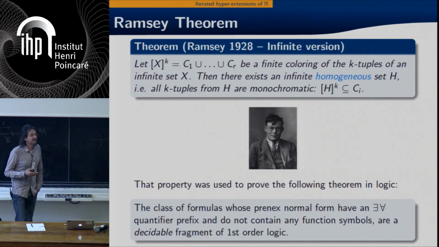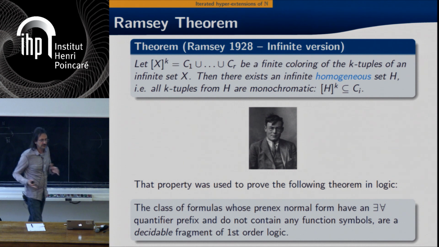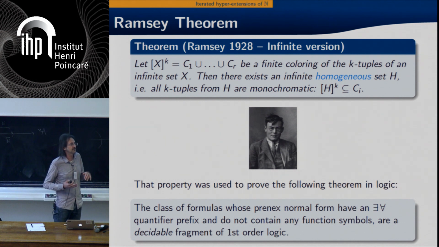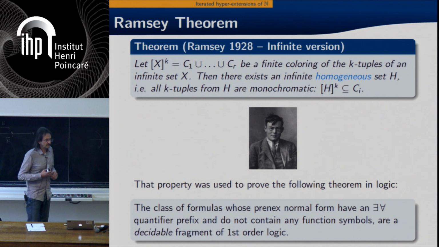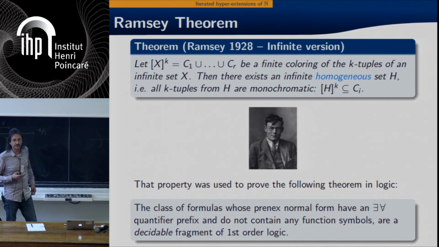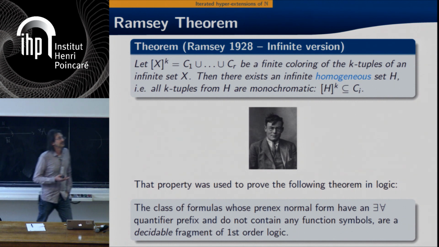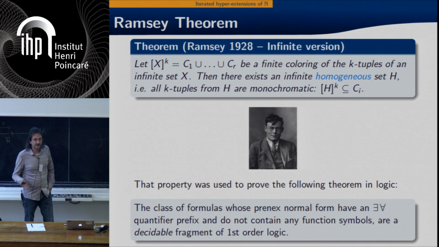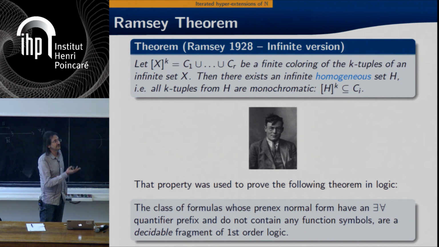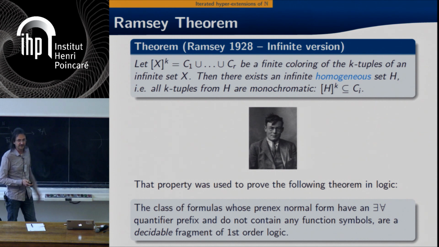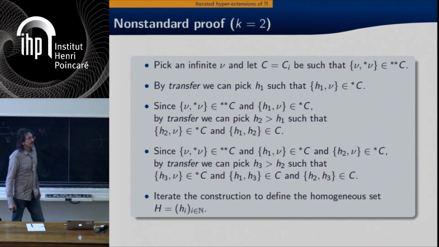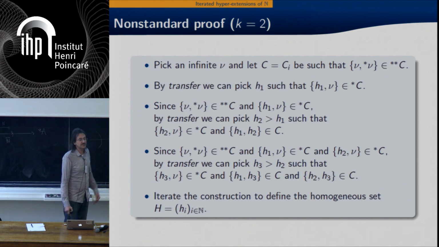Okay, just to give, again, this is, of course, something that can be proved by using the counterpart with ultrafilters, but it's just to illustrate the use of this iterated extension. So let's take Ramsey theorem. It's not by chance that combinatorics and logic are linked together, because the original Ramsey theorem was proved towards a result in logic. So this is the non-standard proof with